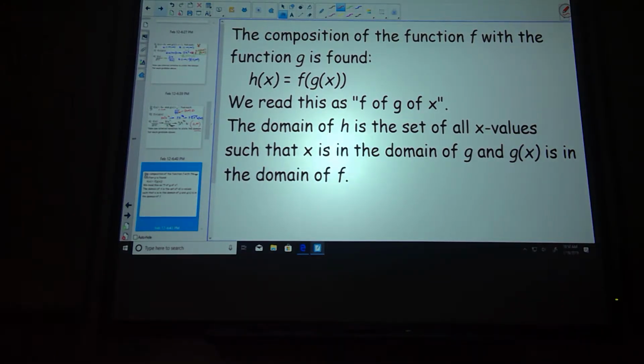All right. Composition of function. Now, before I start composition of a function,